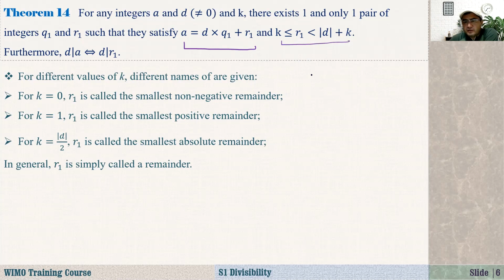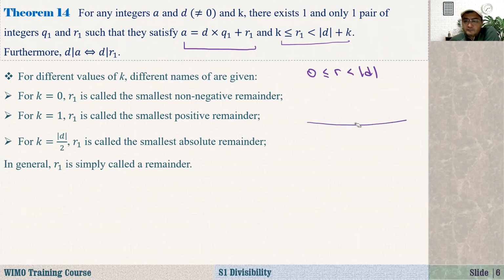Well, what are we doing here? We know already that if you are dividing A by D, and the remainder is R, that R is between 0 inclusive and D, not inclusive, right? On the right, it's not inclusive because if R is equal to D or the absolute value of D, that means we can still divide R by D. So it is less than this. That's why we stop division. Okay. So now that means I can just shift, because here R is between these two numbers,